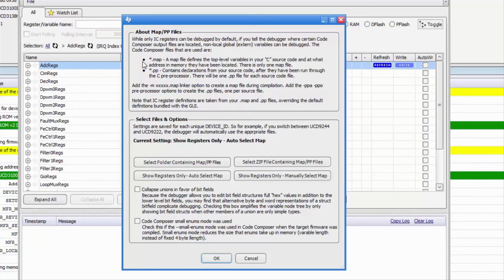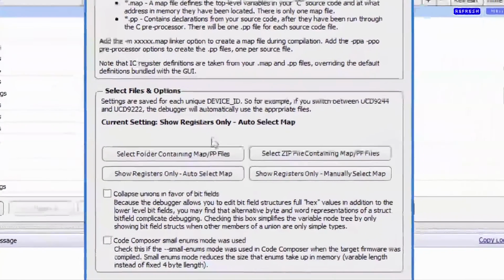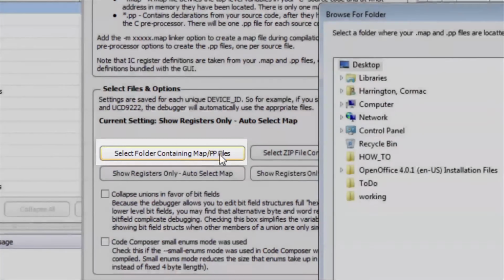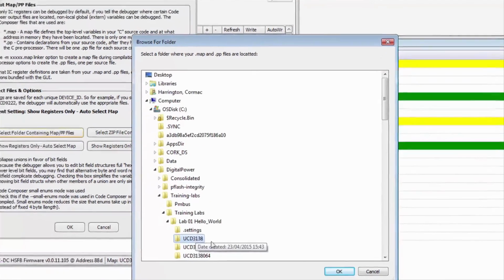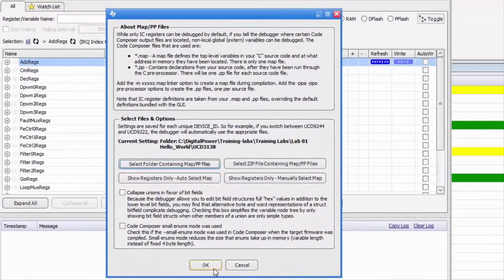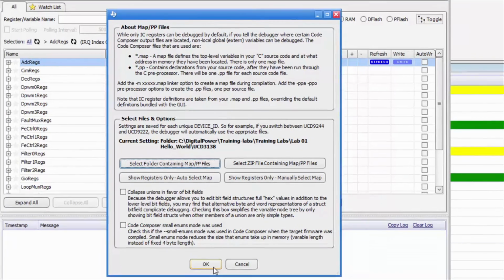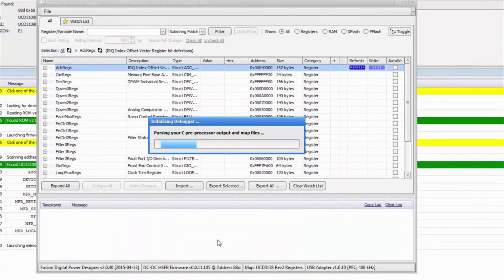This is the same folder containing the Tektronix.xo file we navigated to when downloading the firmware. Click OK. Loading the appropriate map files allows the memory debugger to display variables, registers, and associated fields for debug.